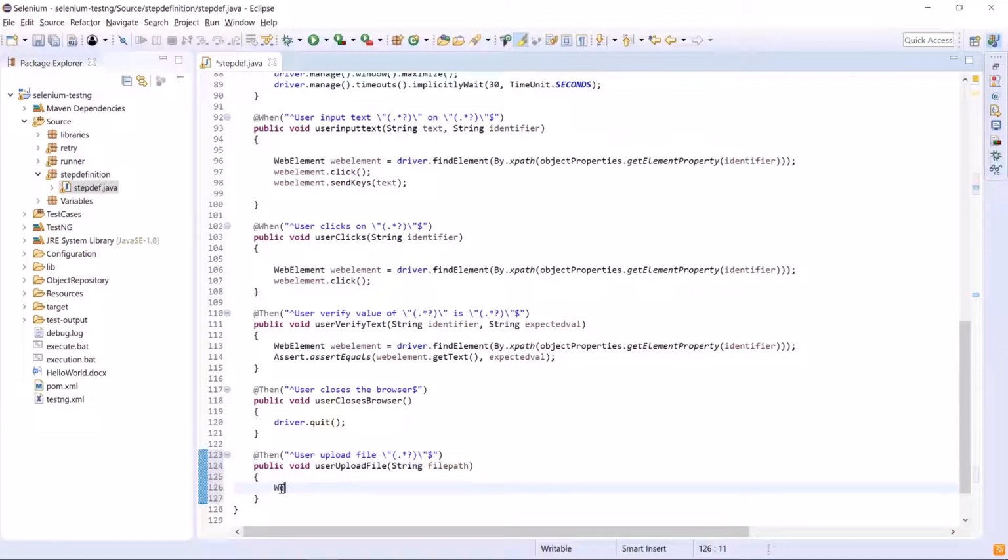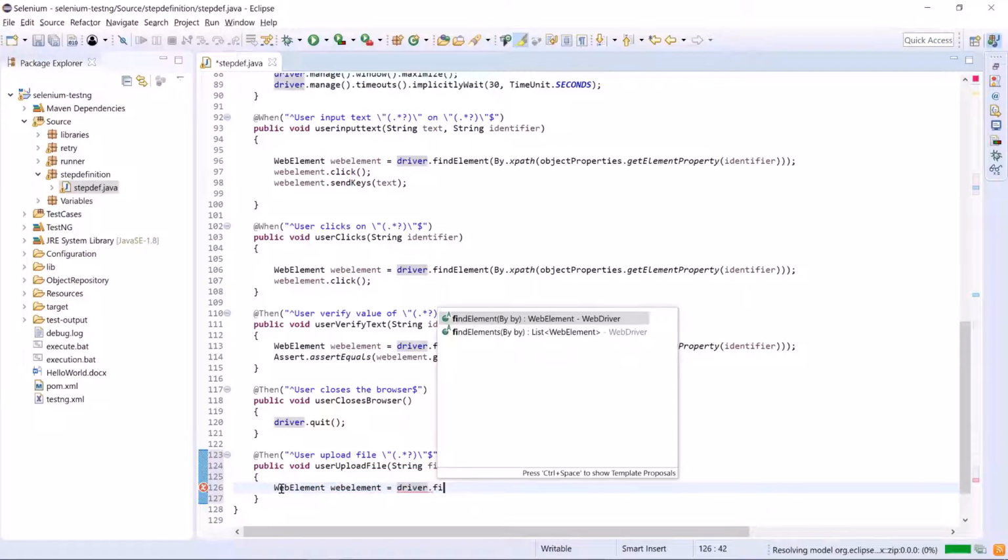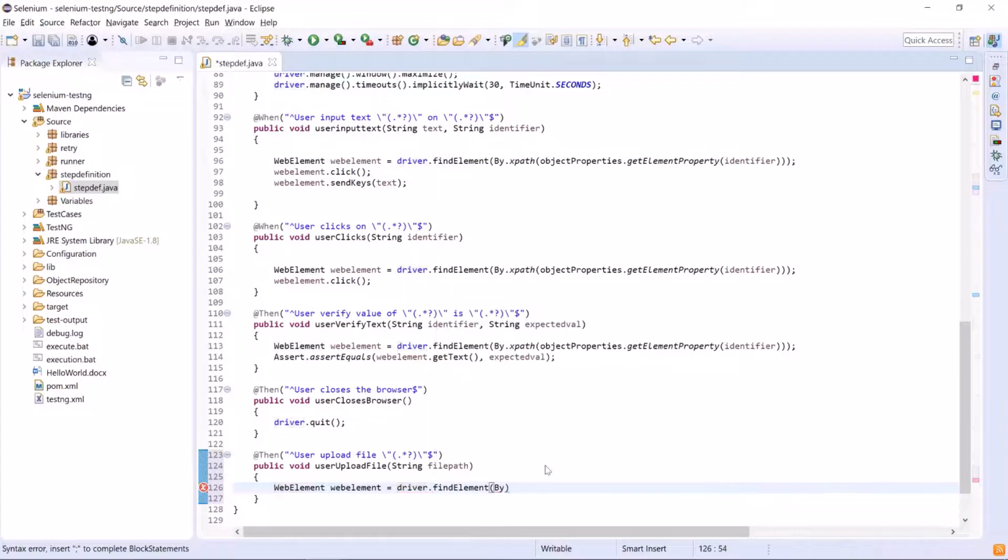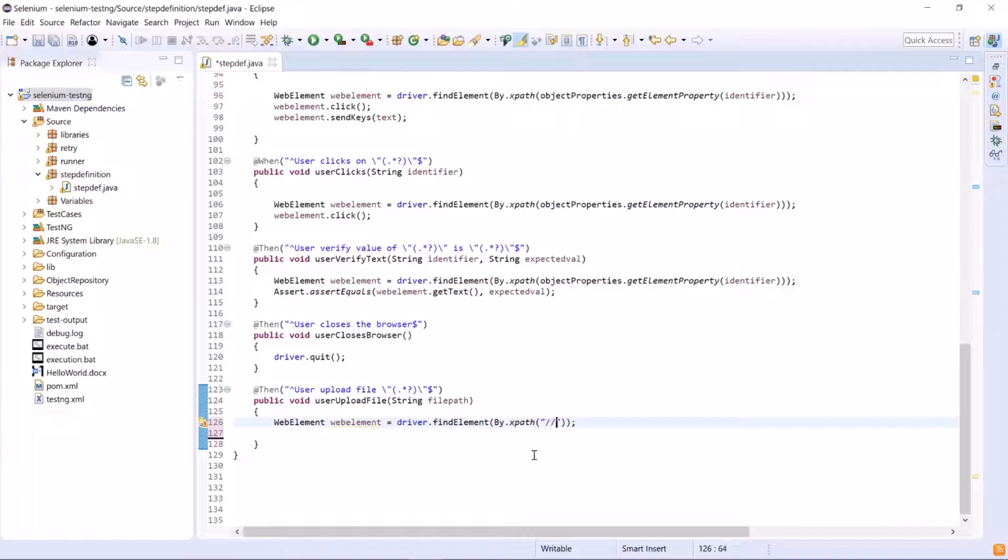Under this method, I'm going to create a web element using driver.findElement by.xpath, and then we'll pass the xpath of the input field of file type. So this will create our web element object. And then we need to use the set file detector method to let WebDriver know that we are uploading files from our local machine to a remote server.